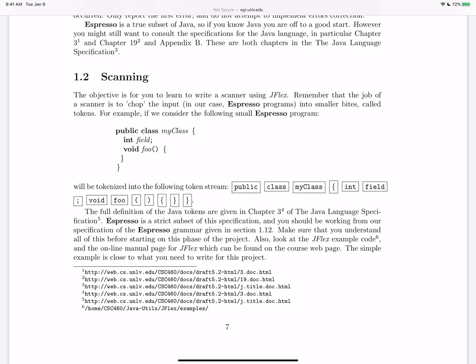Public won't, but my class is an identifier, field is an identifier, foo is an identifier. At some point you need to extract those names from the token, because all you'll see in the token stream is that they are identifiers. So to extract the actual text scanned, we need to keep that. Does that make sense? I'll take the deafening silence as a yes.